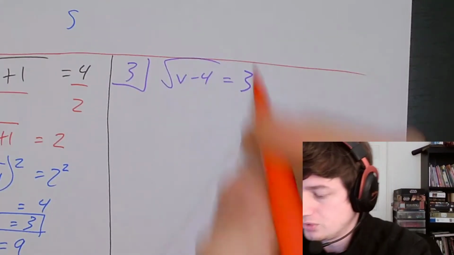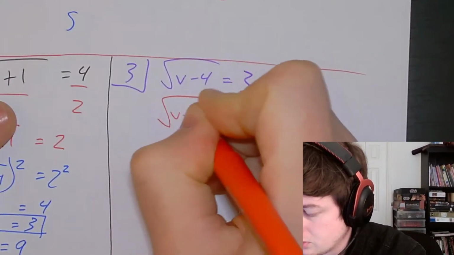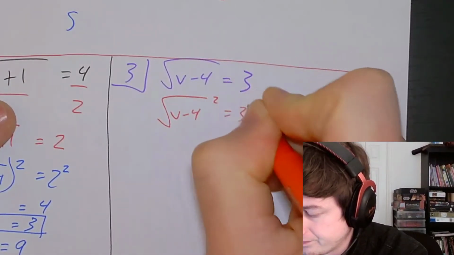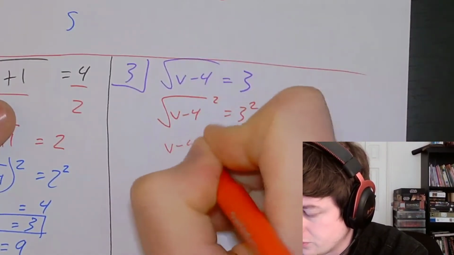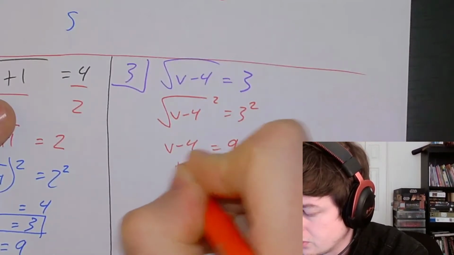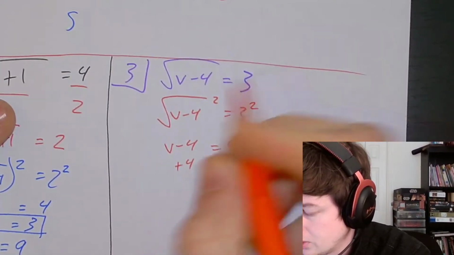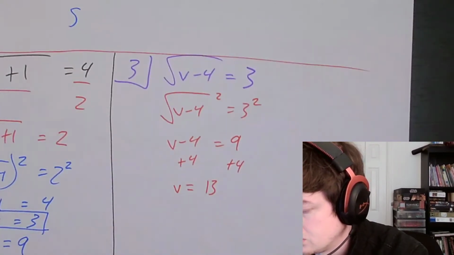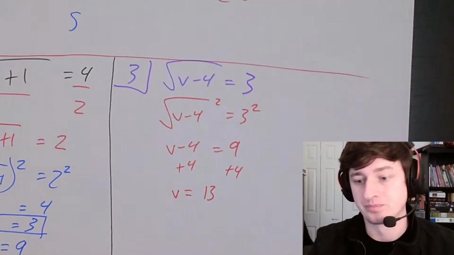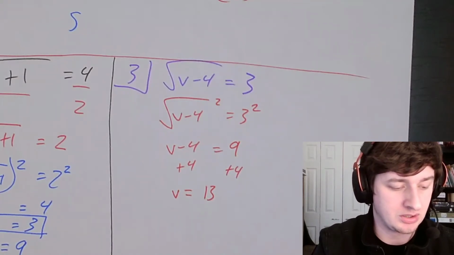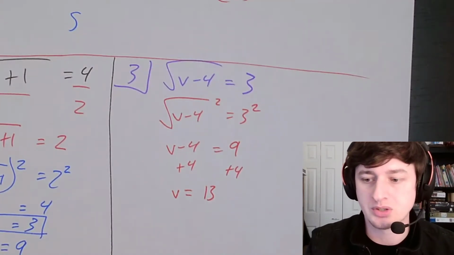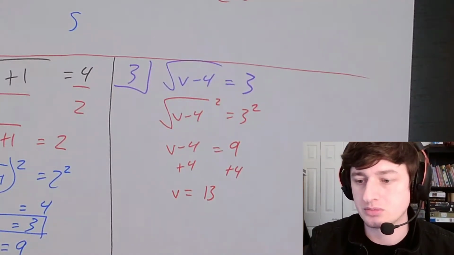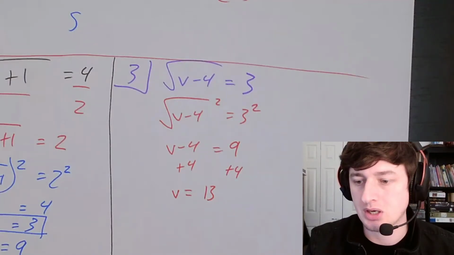So I'm going to square both sides. So v minus 4 is 9, and so then we would add 4. And so v is going to be 13. So if you got v equals 13, give me a thumbs up or a positive emote. And if you did not get that, then give me